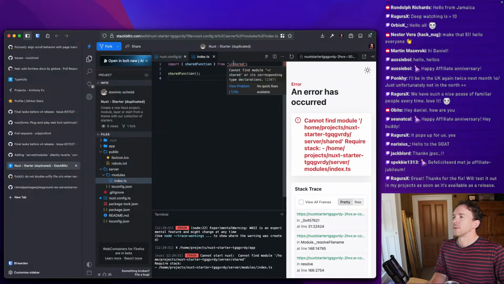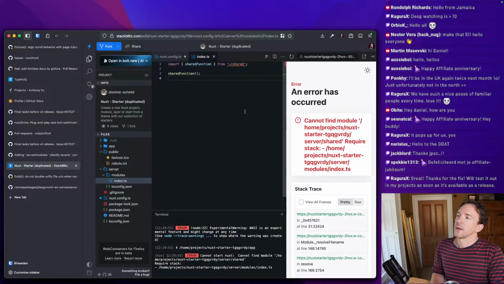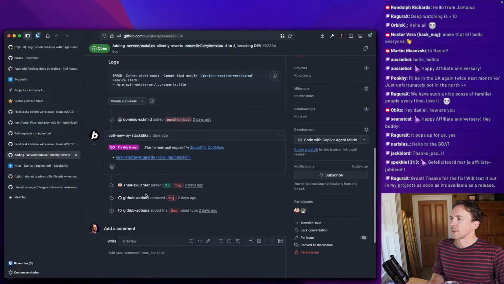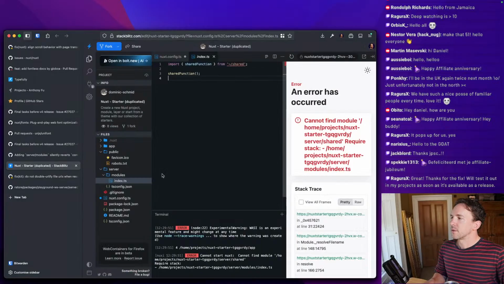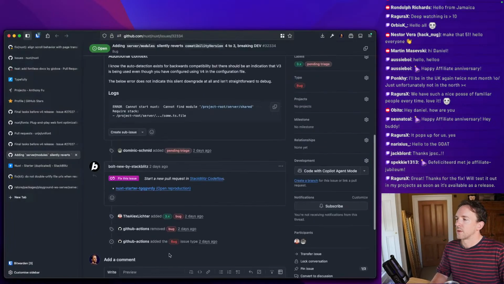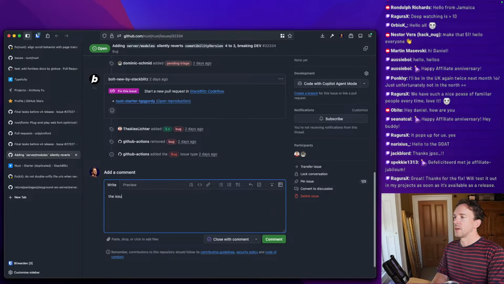Oh. That is because in the server directory, okay, this is, it's not, this isn't the case. Okay, the issue is that is an alias for the